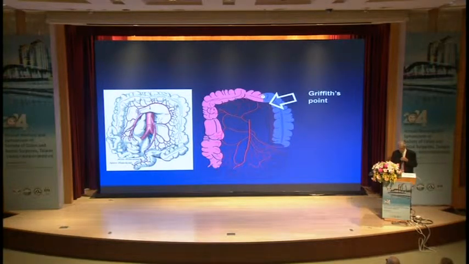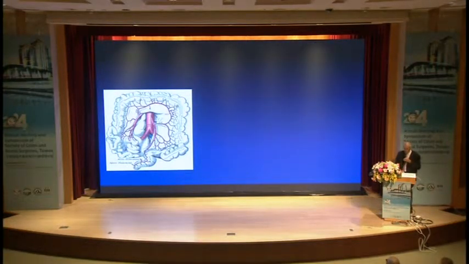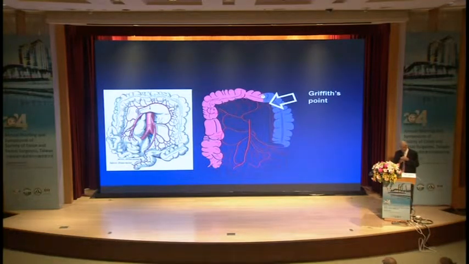And it all basically stems from the fact that we have, I can get my arrow to work here, Drummond's marginal artery, which is a connection between the inferior mesenteric artery system and the superior mesenteric artery system. What you have to remember is that there is a cutoff between the 2 systems,